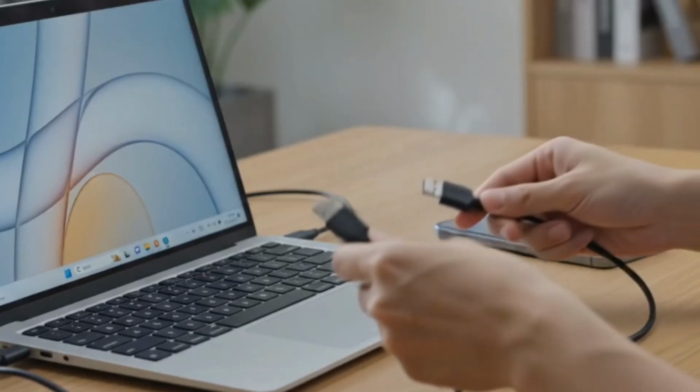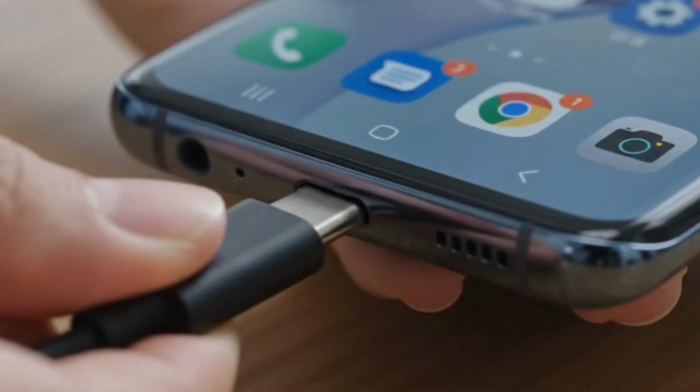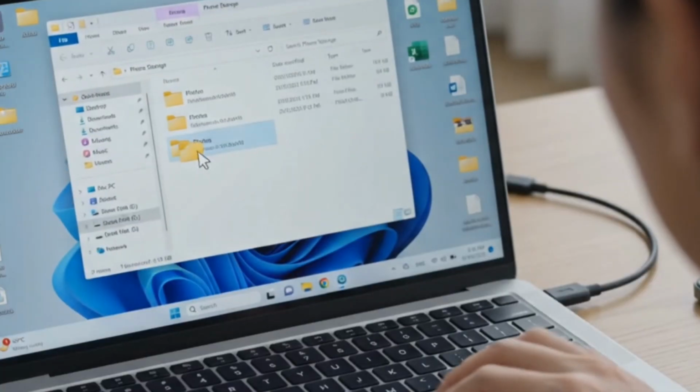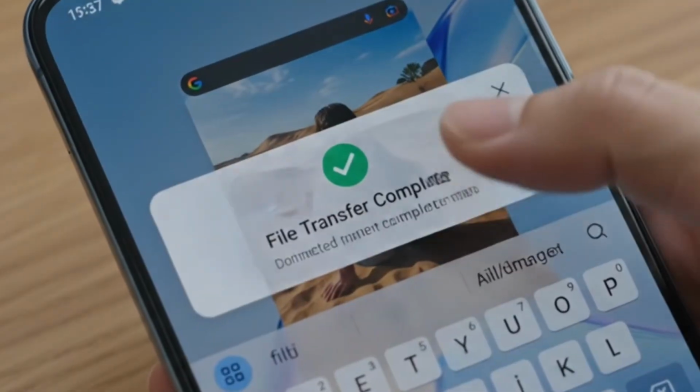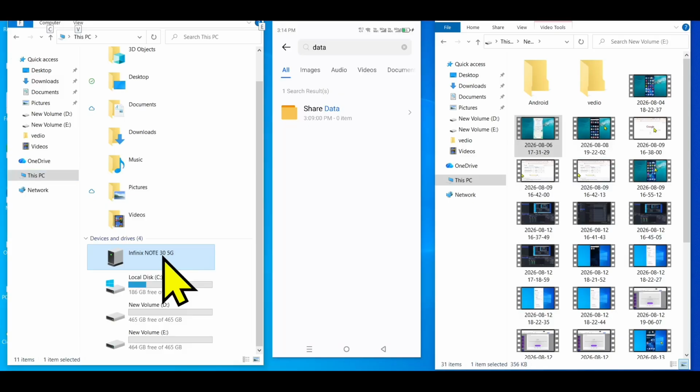In this video I will show you how to transfer photos and videos from phone to laptop with USB. So guys, first connect a USB cable to your laptop USB port. After that, connect the Type-C cable to the mobile, like charging, and here it shows on your